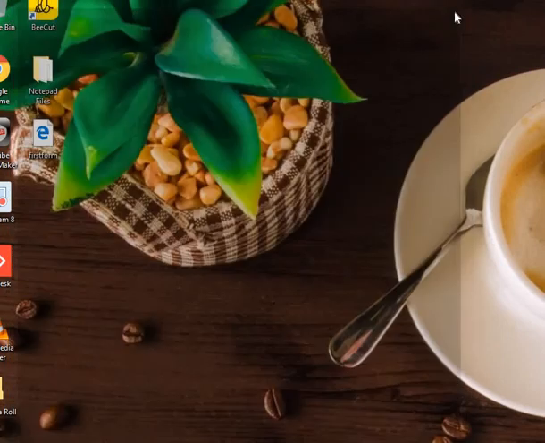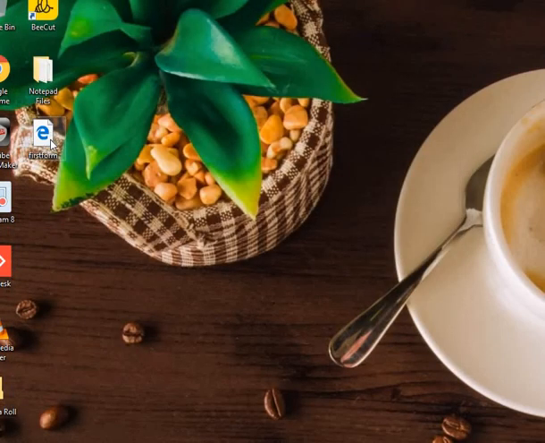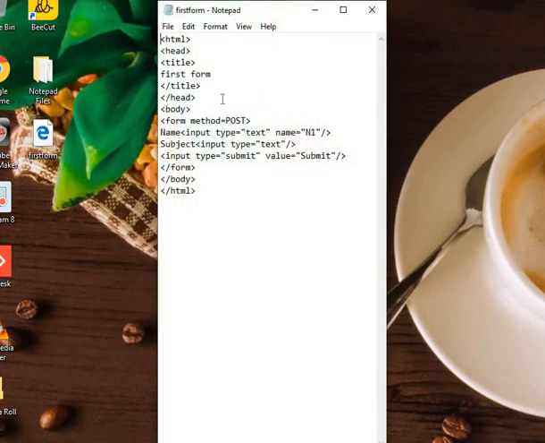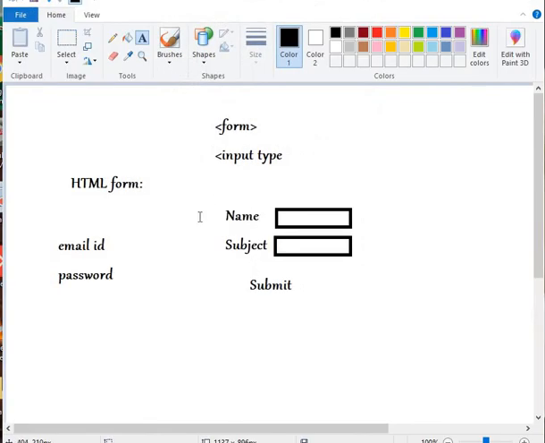Okay, it's submitted. Now I need to make a few changes because as you could see, name, subject and submit button were all in one row, but I want them to be in different rows.